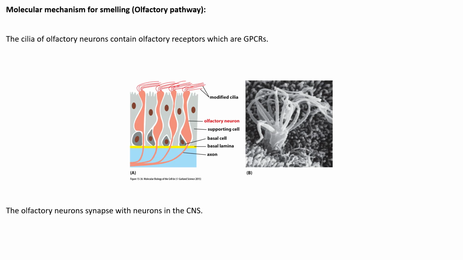The olfactory neuron synapses with neurons in the CNS, the central nervous system, and you can see that the axon goes off, and that's where an action potential will travel, and then the axon terminals of that axon will synapse with neurons in the central nervous system. So we have the signaling molecule. This is the molecule that you'll be smelling, binding to its G-protein coupled receptor on those modified cilia. These are the olfactory receptors, and this will lead to the activation of G-olf, a